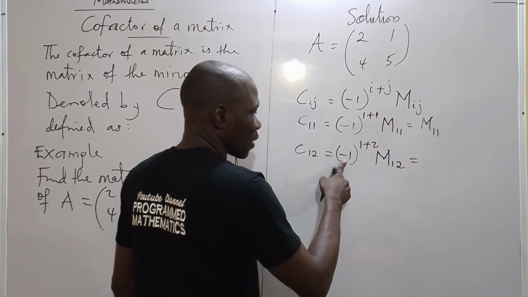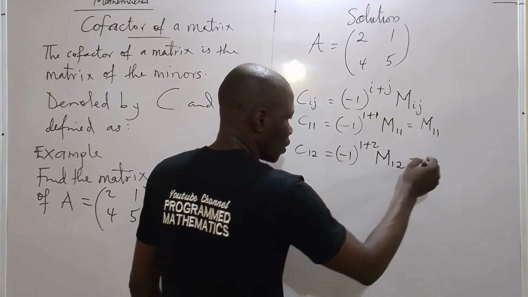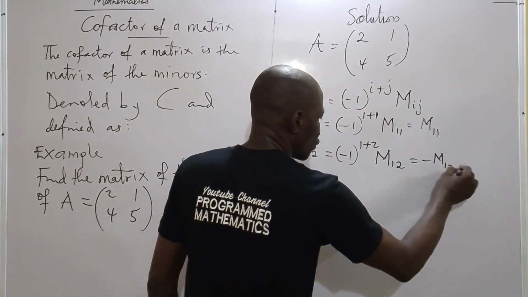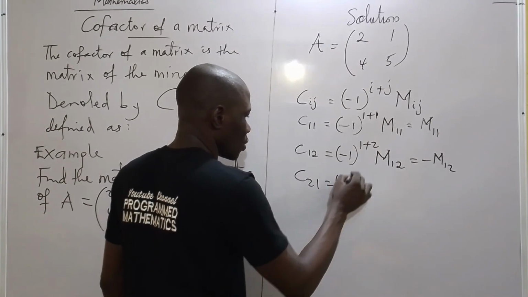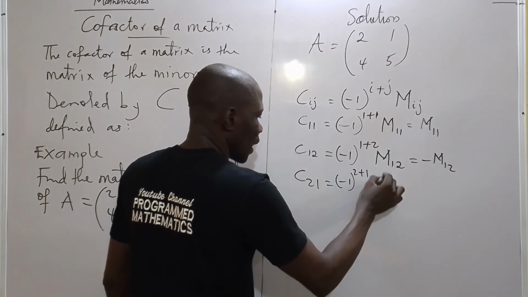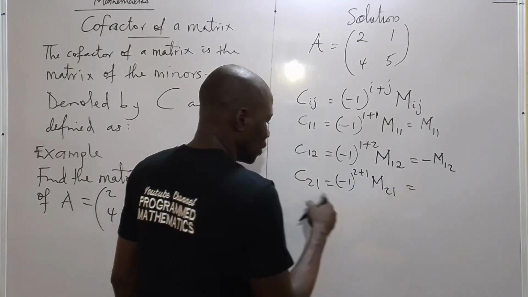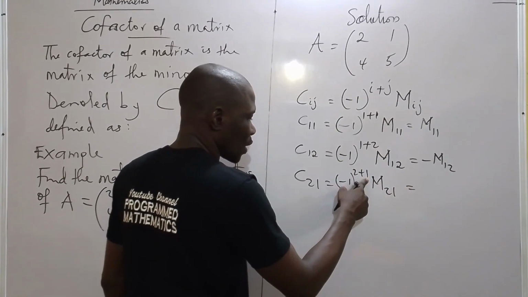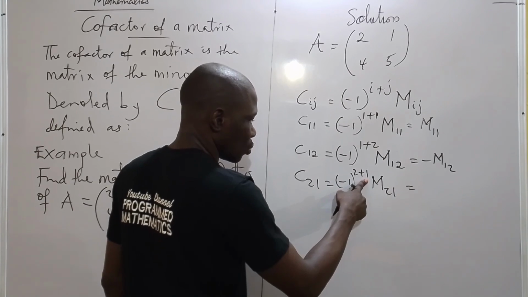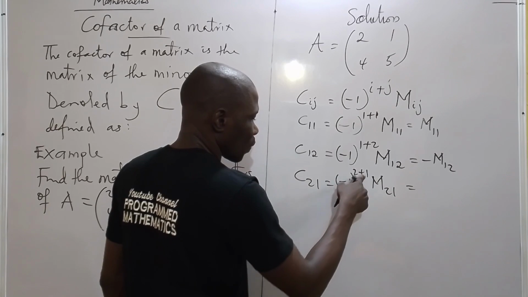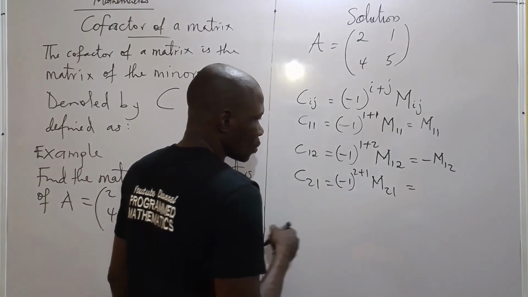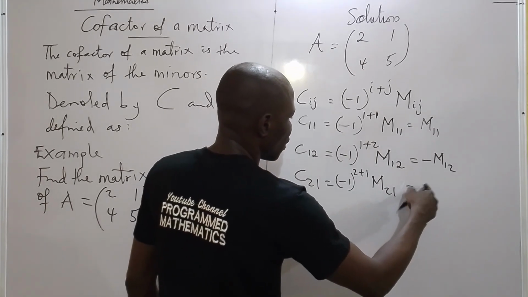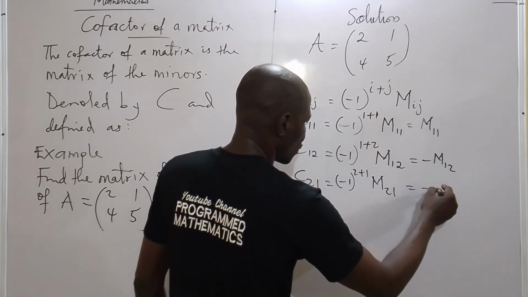So minus 1 raised to power 3 is minus 1. So this will give us negative M12. And then C21 as well, minus 1 raised to power 2 plus 1, M21. So in this case here, 2 plus 1 is 3, okay? So minus 1 raised to power 3 is minus 1. So this one here will give us minus